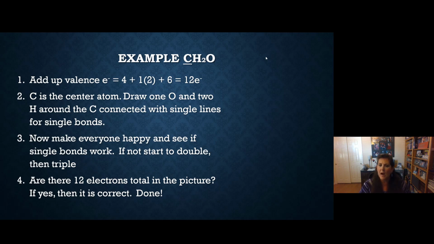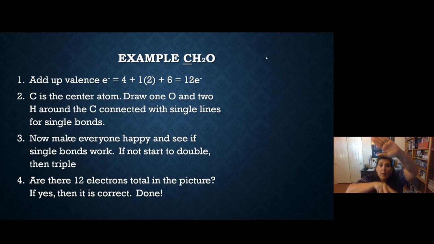Now, can we double bond to a hydrogen? No, because hydrogens can only have 2 electrons around them, and that's 1 single bond. So if we can't double to the hydrogens, we double to the oxygen. We double bond to the oxygen. So erase all your dots if you were drawing this out. Erase your dots. We have a single bond, double bond to the oxygen. Now make everybody happy again. Carbon's in the middle with a single, and double bond. That's 1, 2, 3, 4, 5, 6, 7, 8 electrons around it. It's good. Carbon's good. No dots on the carbon.